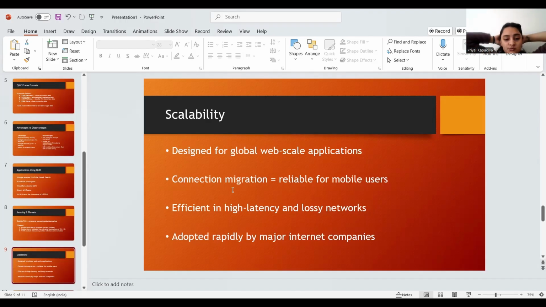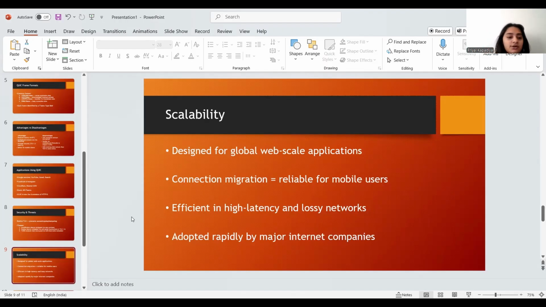It also performs well in high latency and lossy environments such as satellite or rural internet. This is why major internet companies have been quick to adopt QUIC as part